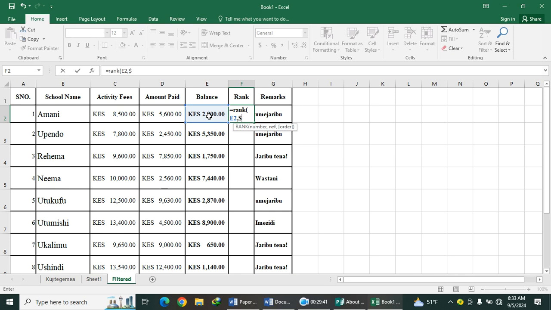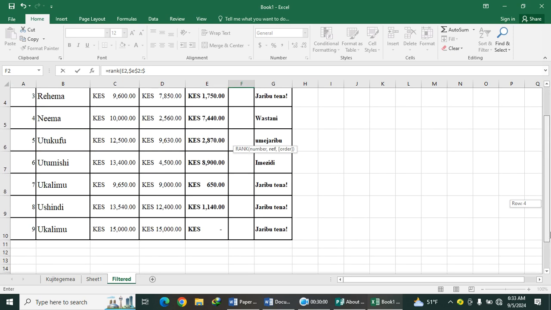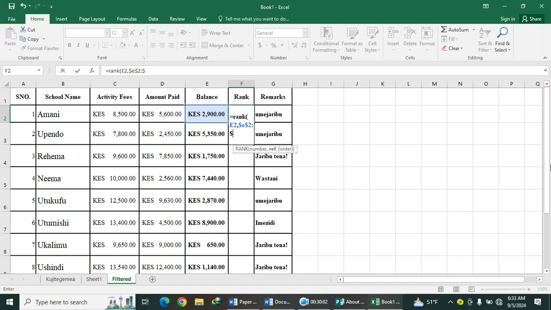This is absolute cell reference, dollar sign, up to where? We are ranking from there up to 10. So we are ranking up to E$10,